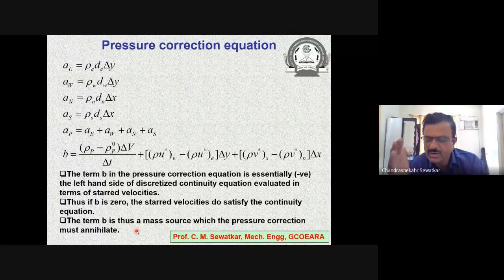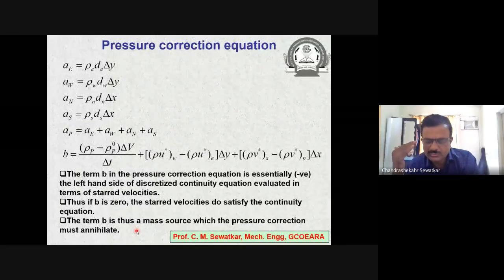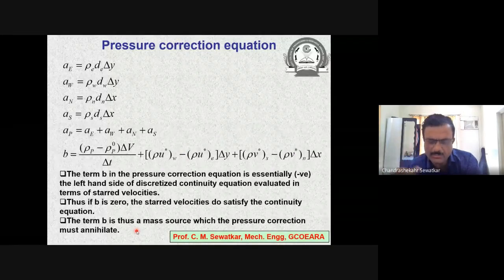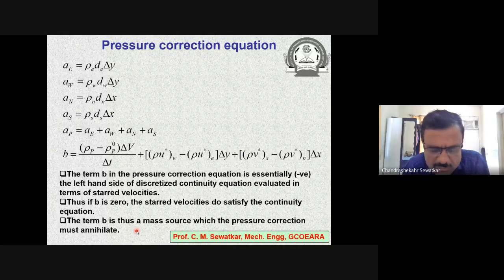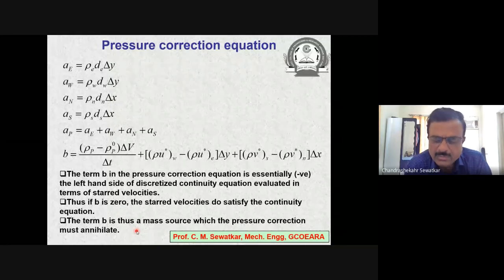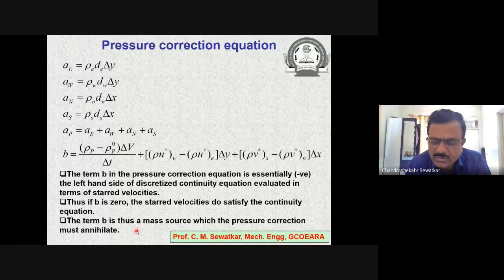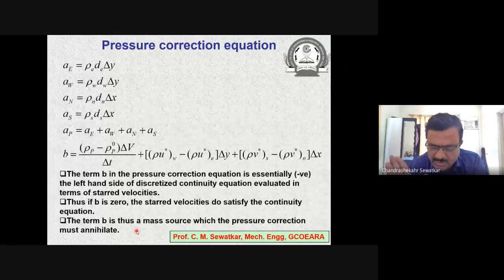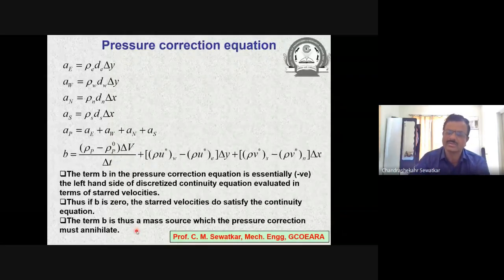This has to be done for the next time instant if we are solving the transient problem. So the time loop is one loop. Within that time loop, there is another loop, and that loop is for the pressure correction, and of course for the continuity equation. So if your continuity equation is satisfied within the pressure correction loop, then you can come out, write down the velocities at a particular instant, then you switch over to the next time instant, and so on and so forth.